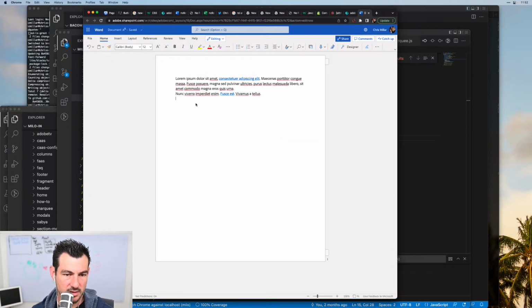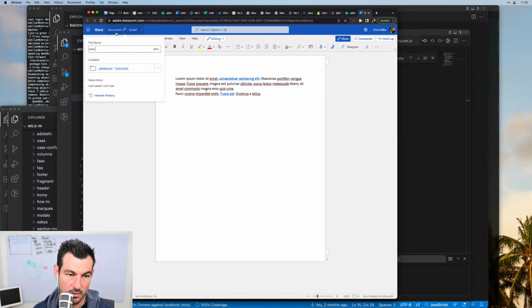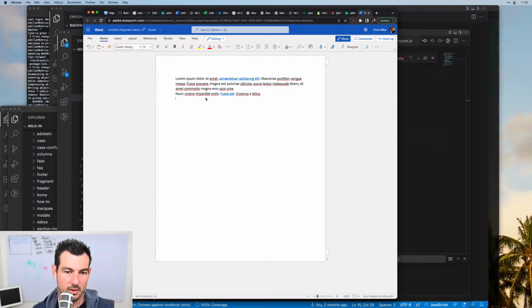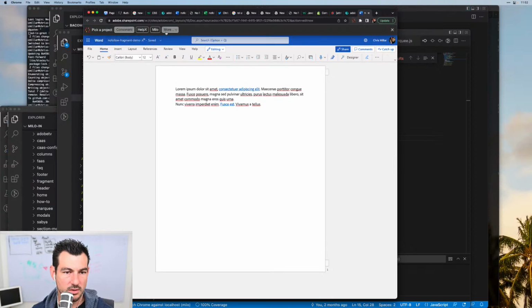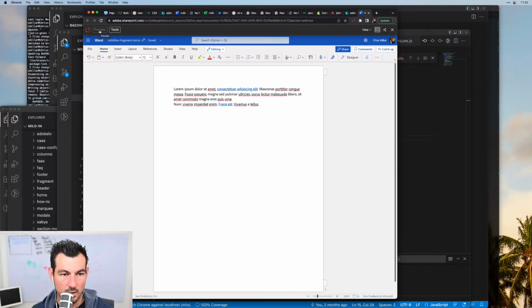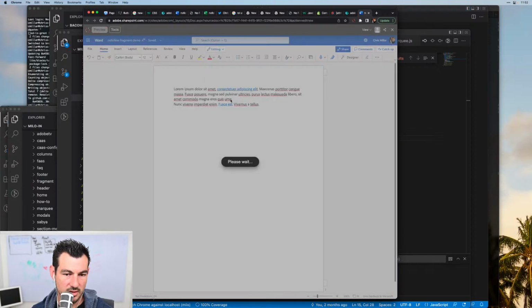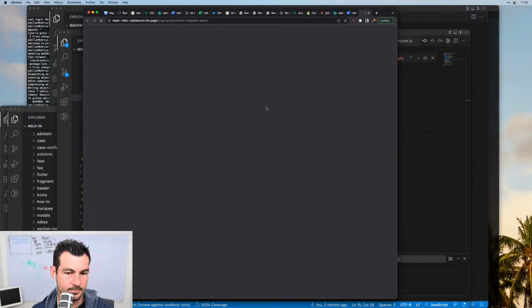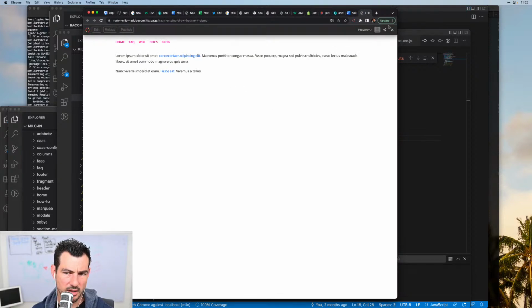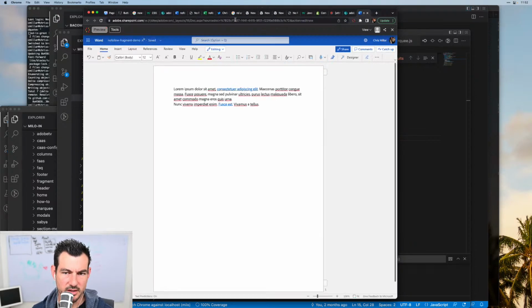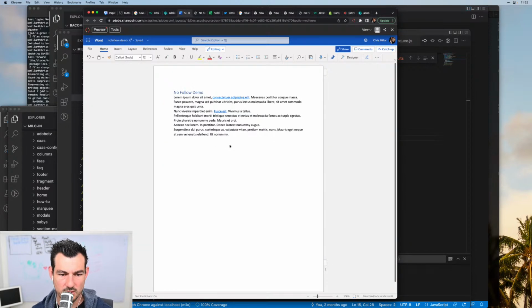So if we're going to take this and save this and call this Nofollow demo, fragment demo. Naming is hard. Save it, preview it, Milo. Got to see if we can get this done. So on this page, it's just getting called. We want to take this now and embed this content into another page, into our actual Nofollow page. So we can say, hey, include this, right? So if we preview this,